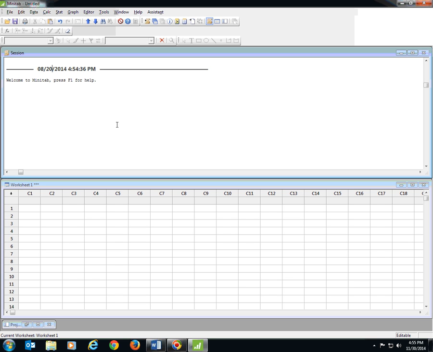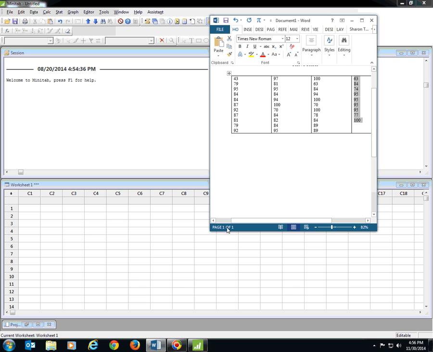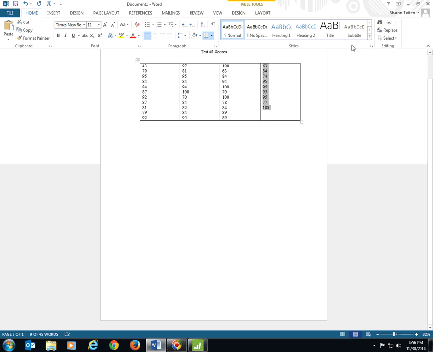Alright, I have prepared from a group of tests some data, and I've put it into a Word document. Now, these are test scores for a statistics class, and it's for, let's see, this was test number 1 that we had in our class. Now, I believe that there are 42 test scores, and we want to take those test scores and put them